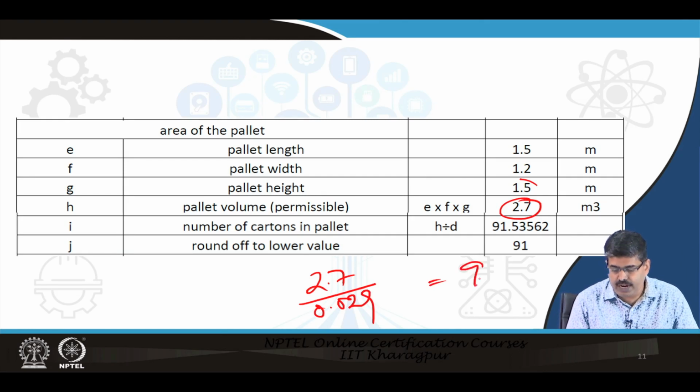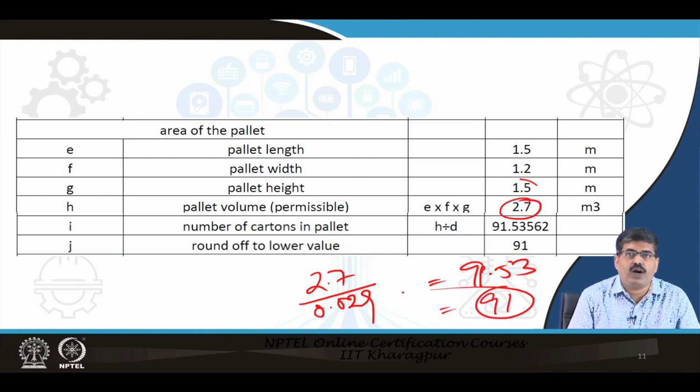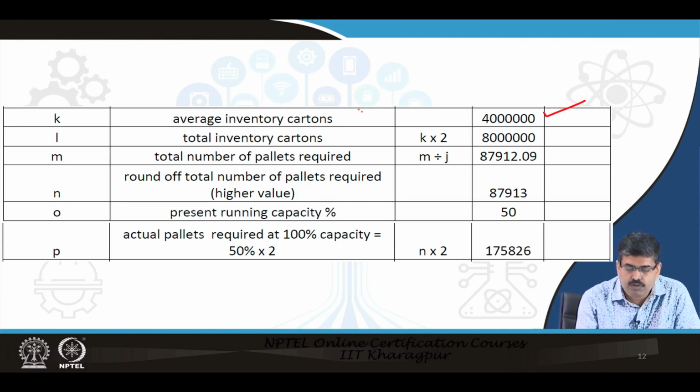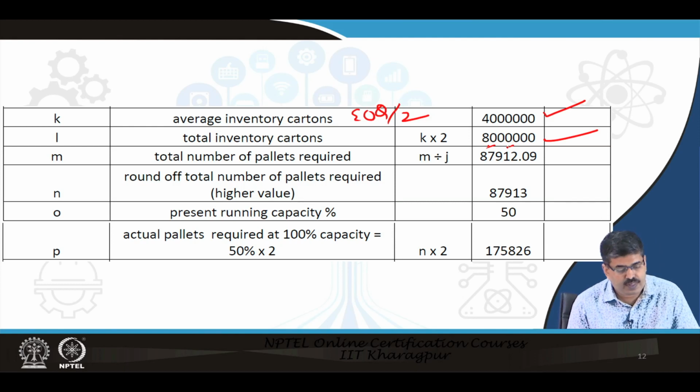And we get 91.53. Now, as we said, it cannot bulge out, so it should be 91. Okay. So, 91 cartons can be held in this pallet. Now, as we mentioned, average inventory is 4 lakhs, EOQ by 2, so total inventory will be just multiplied by that, 80 lakhs. So, when your inventory is this, total number of pallets required will be